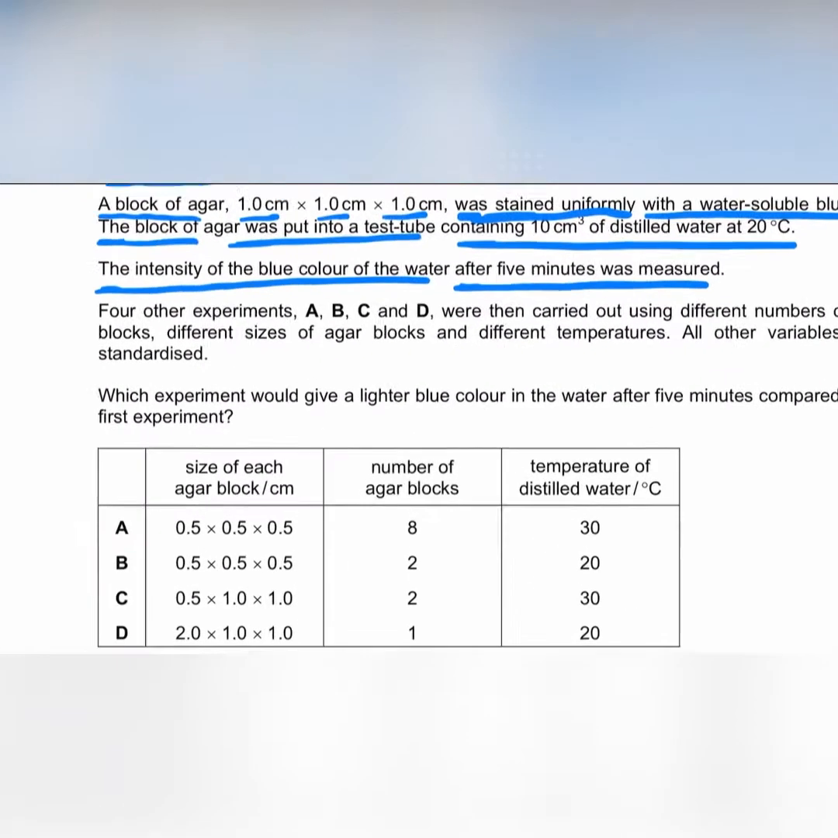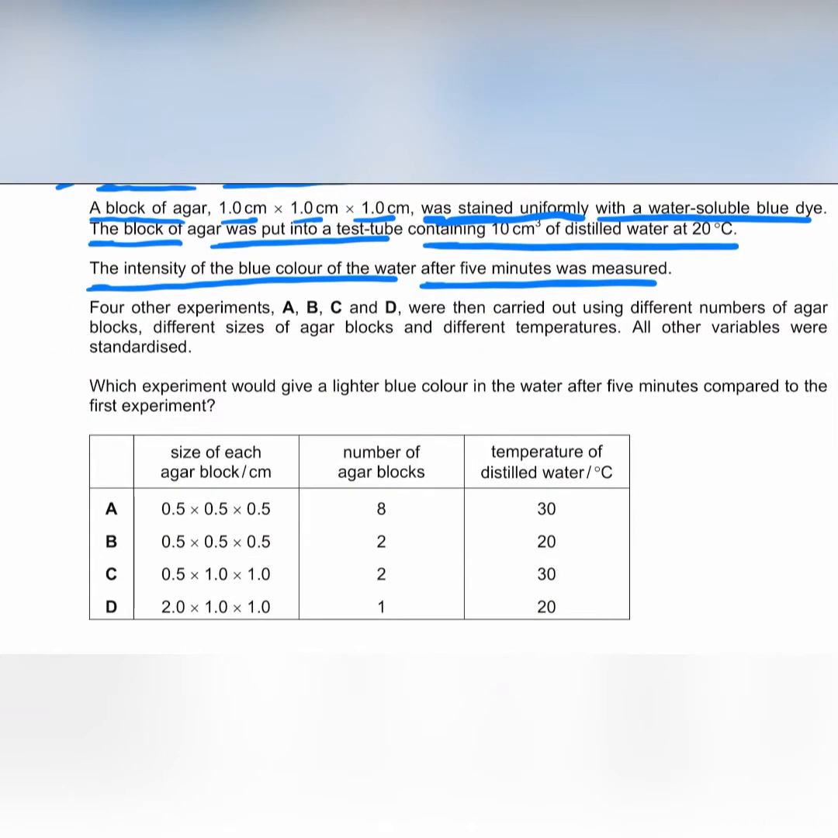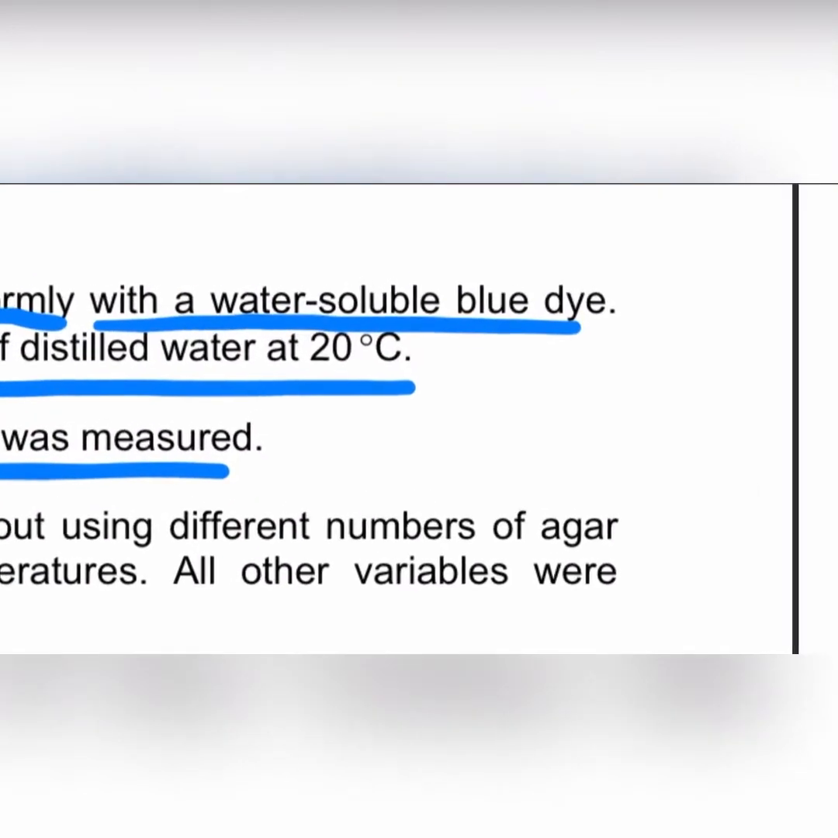So what the student is observing is the intensity of the blue color of the water after 5 minutes. The student placed the block, which was stained with a water soluble blue dye, in water, and measured the intensity of the blue color in the water after 5 minutes. 4 other experiments A, B, C and D were then carried out